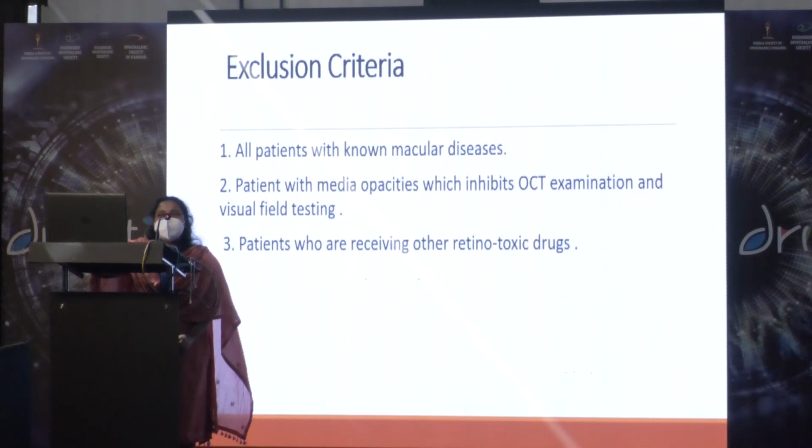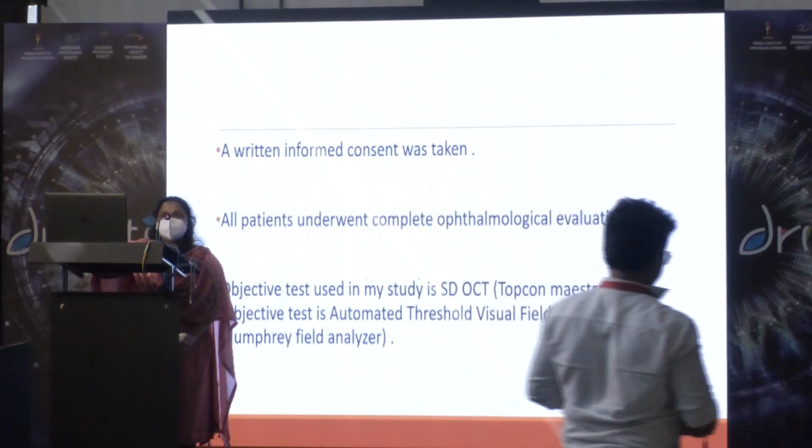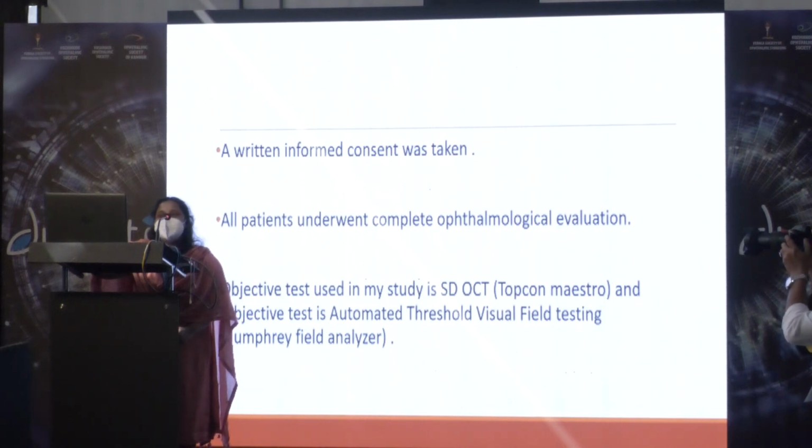Exclusion criteria: all patients with non-macular disease are excluded. Patients with media opacity which inhibits the OCT examination and visual field testing are excluded. Patients who have already taken a retinotoxic drug are also excluded. After taking well-written informed consent, all patients underwent complete ophthalmological evaluation. The objective test used in my study is SD-OCT, that is Topcon Maestro, and the subjective test is automated threshold visual field